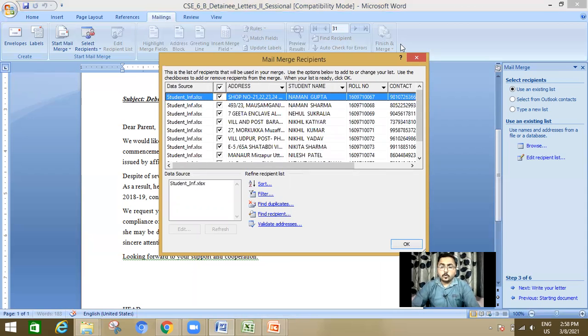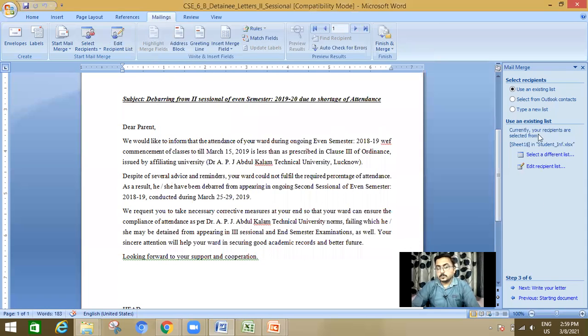As I told you, all the contacts are selected by default. Choose as per your need. Click on OK. So here you can see that the Excel file is included in the mail merge. Now click on Next: Write your letter.